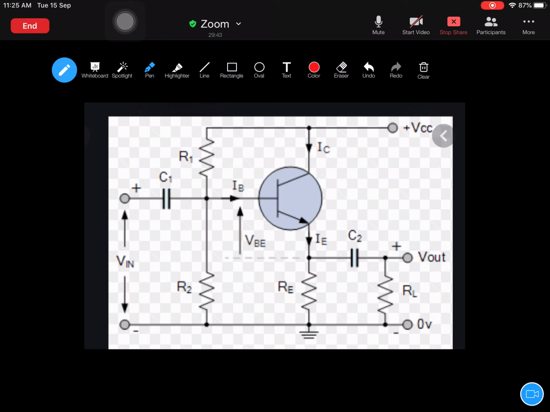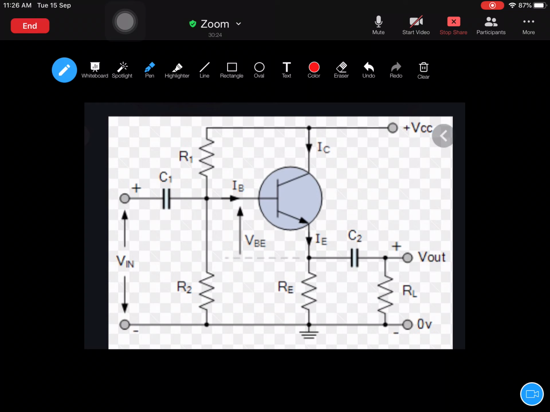So you might get a doubt, why in this circuit there is no bypass capacitor. You should have a bypass capacitor for the collector, no? Why is it not there? Because the collector itself has a large amount of width. So it has the ability to collect more electrons also. In case there is a large amount of current flow, the collector can collect that. That is why it is named the collector. Among these three regions, this has the ability to collect more electrons, that is, more current can flow through it.